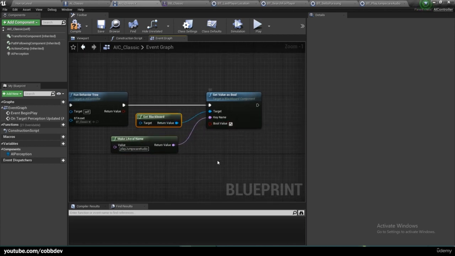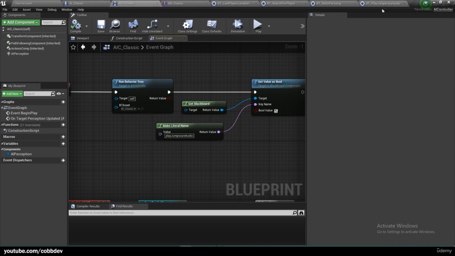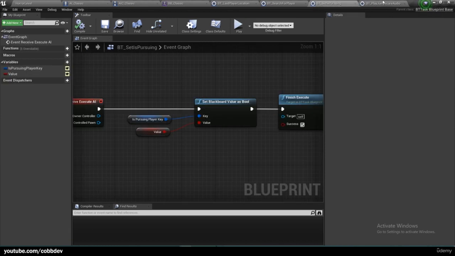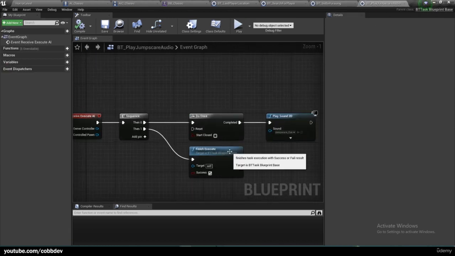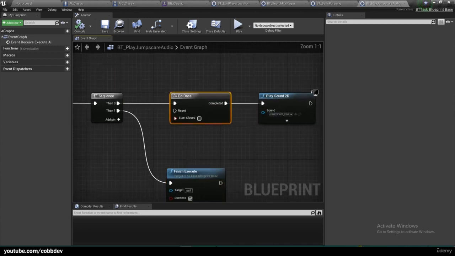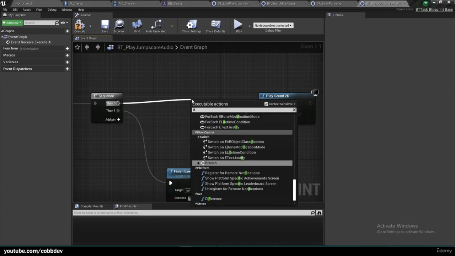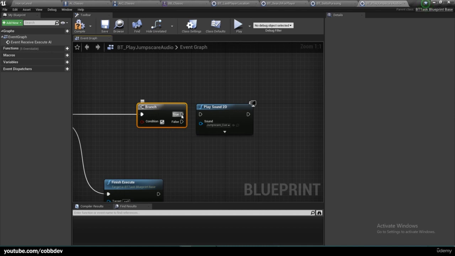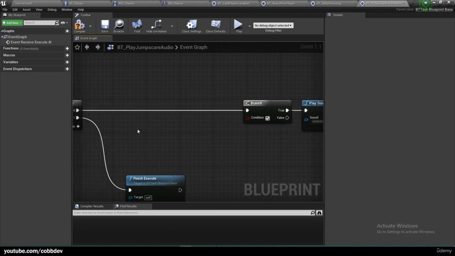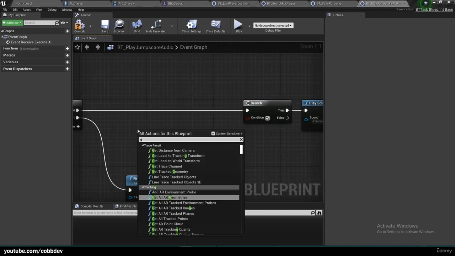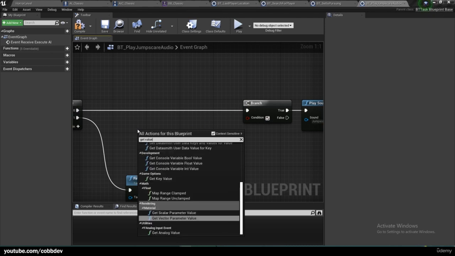And we want the bool value to be true. Then in our play jump scare audio, we can switch out this do once for a branch, and we just have to check if that boolean is true. So get value as bool,